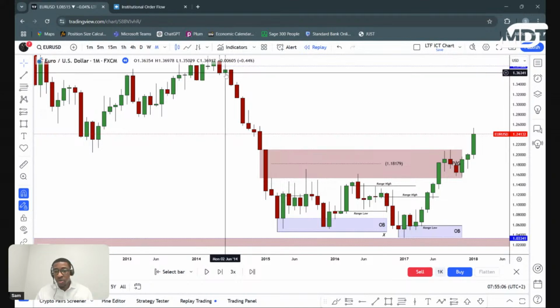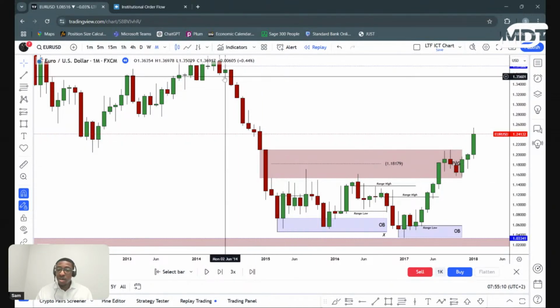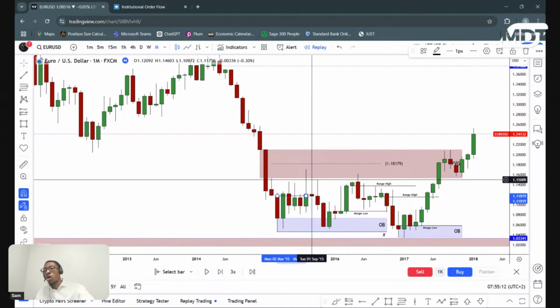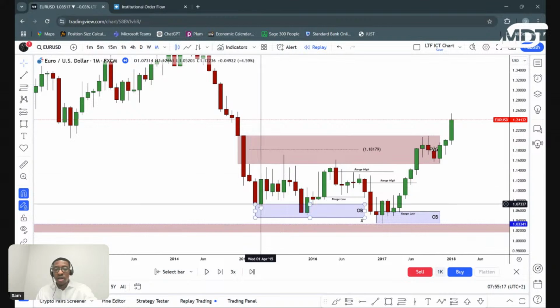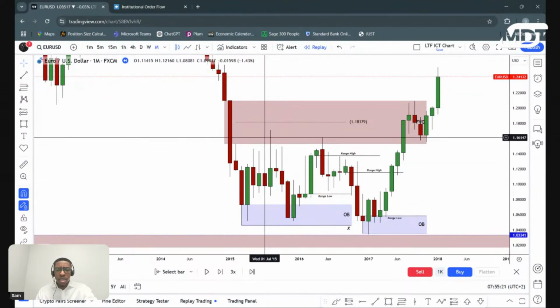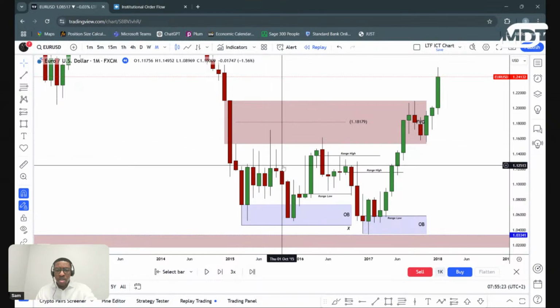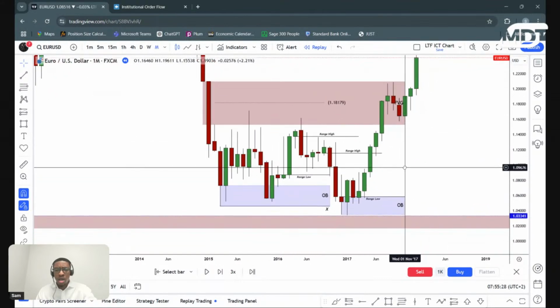Maybe at the time I would have thought that was possible, but obviously we would have had to clear a lot, and on a monthly time frame, it would have been hard to accept that that was all going to happen in one move, especially after a very impulsive move. And so it was a while before we got a solid tight range that we could define,